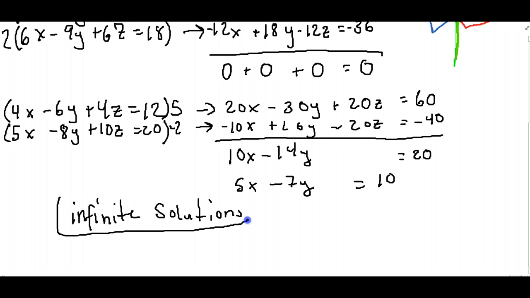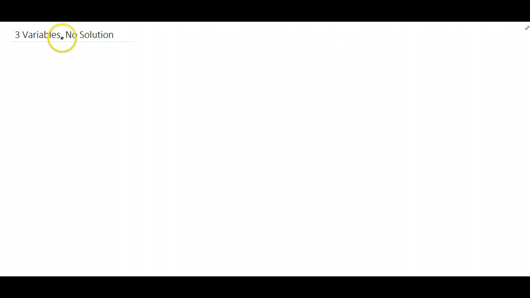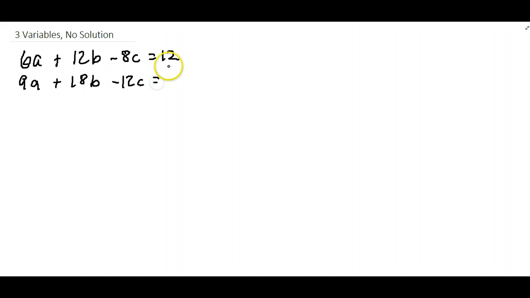Okay, so now let's talk about what if we have no solutions. So this is again on page 140. We have 3 equations, 6a plus 12b minus 8c equals 24. Second equation is 9a plus 18b minus 12c equals 30. And the last one is 4a